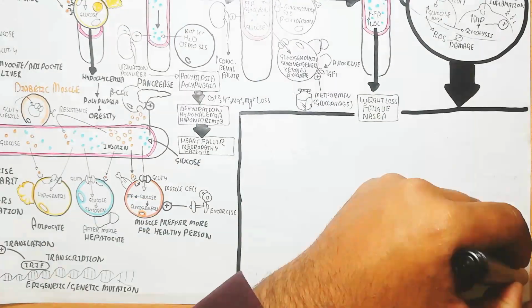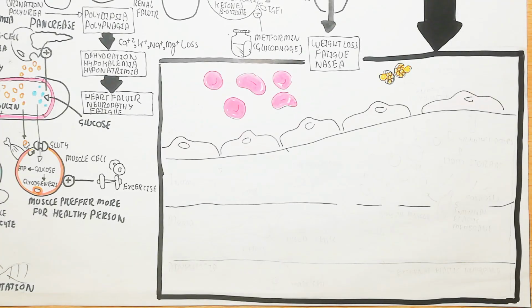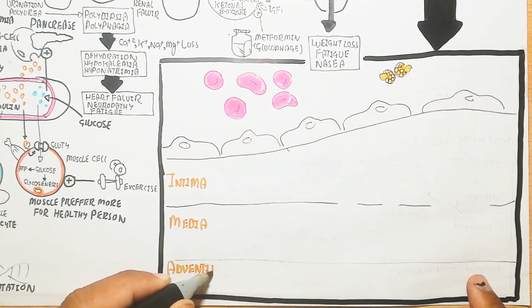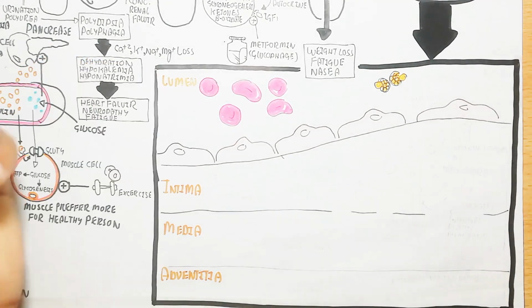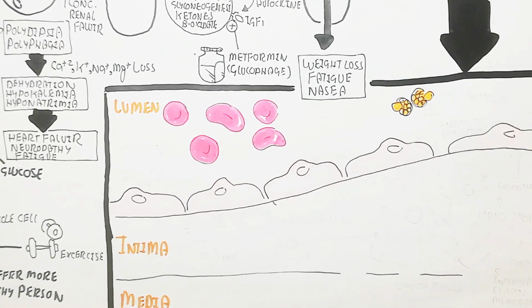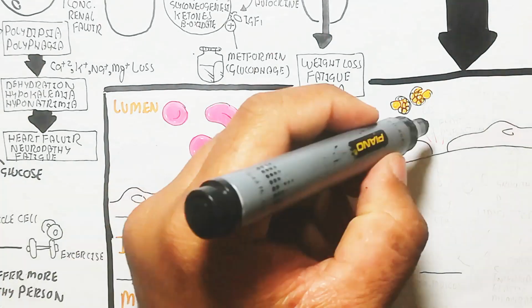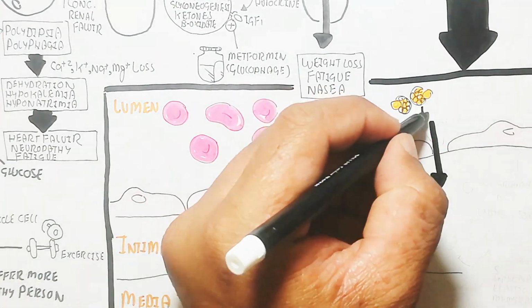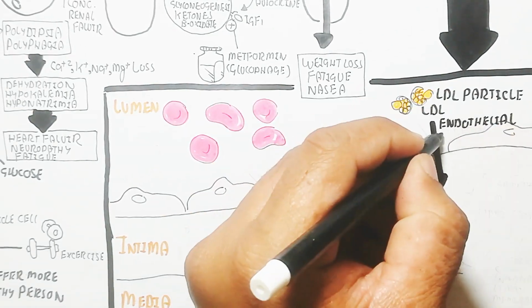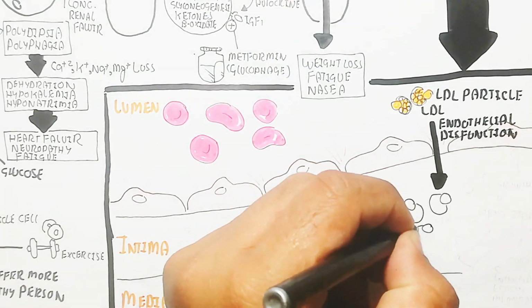And the cytokines produced from the endothelial cell of the blood vessel will recruit the monocyte. For the recruitment of the monocyte, here is the bigger picture of the tunica intima, media, adventitia, and lumen of the blood vessel. This is the endothelial cell, and this is the RBC. The inflamed and damaged endothelial cell will lead to more LDL moving into the tunica intima, and the LDL particle will move more, and due to the endothelial dysfunction it will be